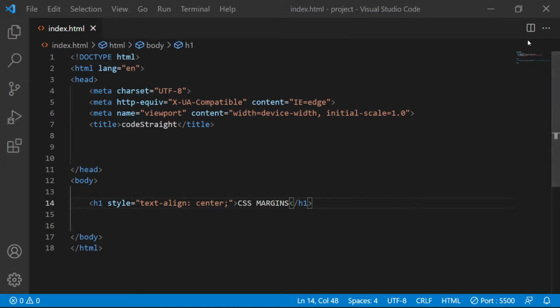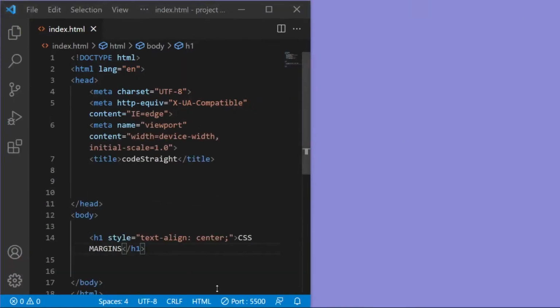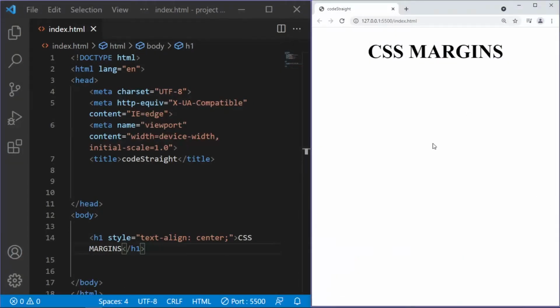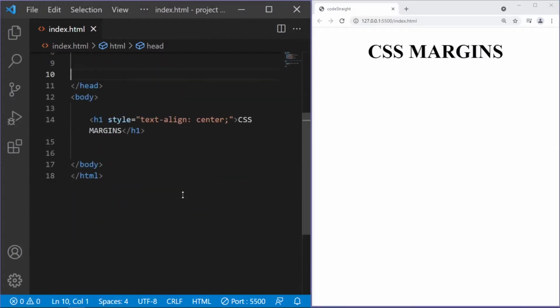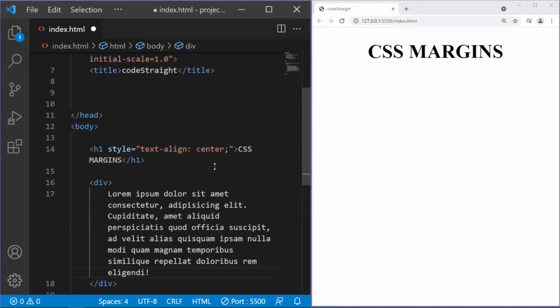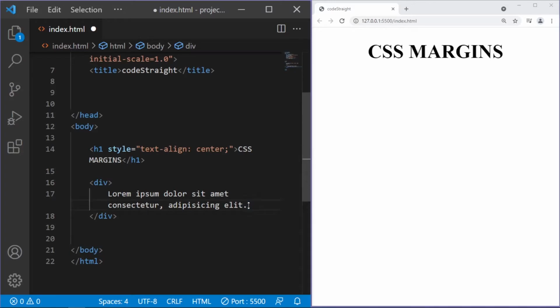And we have got this index.html. Let me show you what we have inside this web page. And this is what we have right now. Now I'm gonna create a div here. Sorry, let me make it lowercase. Alright, and I'm gonna type in here some lorem. Let me reduce it here, hit save,